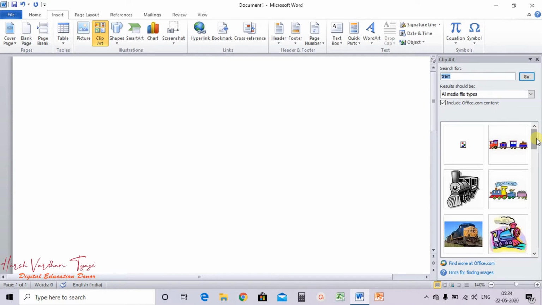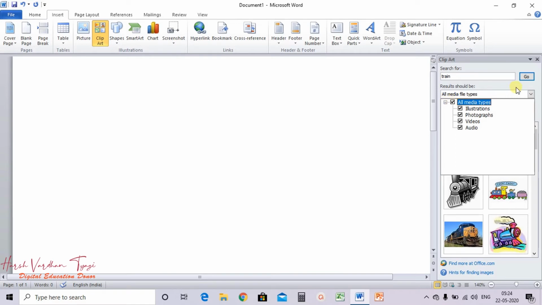So here it is. Now see, some of you will find that when you are writing a keyword to search for, it's not showing any result here. The reason is that if you want to search for any result, click on this drop down arrow and select all media types.